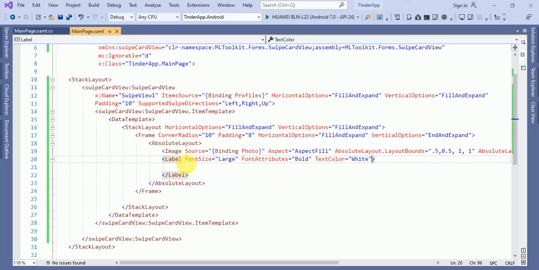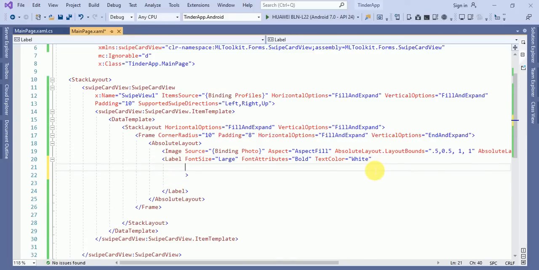Cool. So absolute layout dot bounds equals to 0.1 comma 0.595.